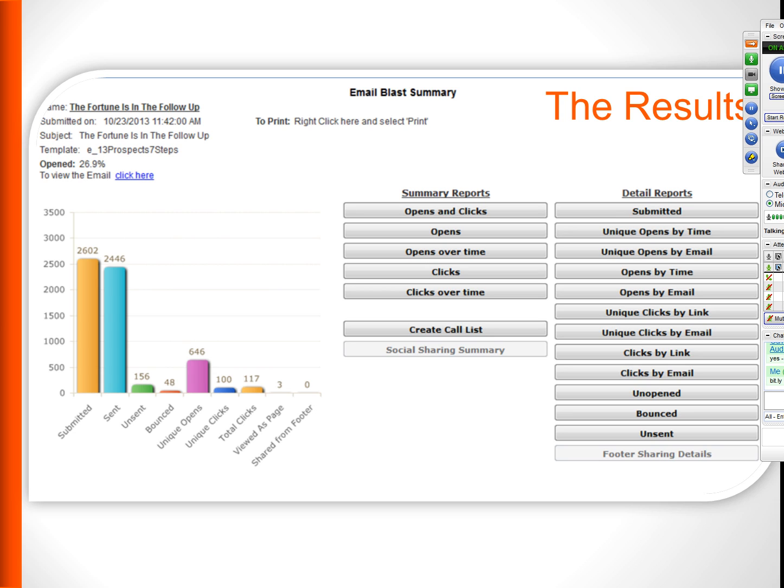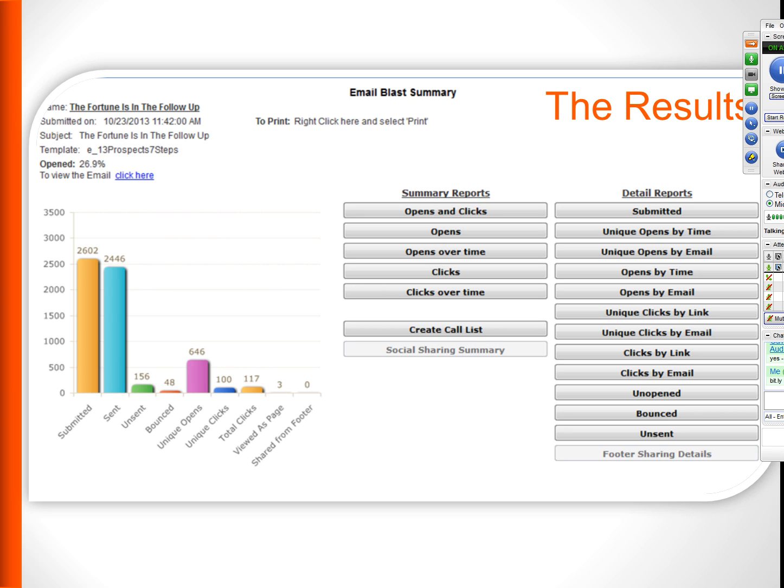Now, of course, with any campaign, if you're sending out an e-shot, you want to know what the results are. And this will give you an idea of what the Swiftpage results look like. And I'm sure they are going to be comparable to other providers. So you can see my open rate there was 26.9%, which in actual fact is quite good. We're looking at 18 to 19% normal open rates for most businesses, but obviously it depends on your list